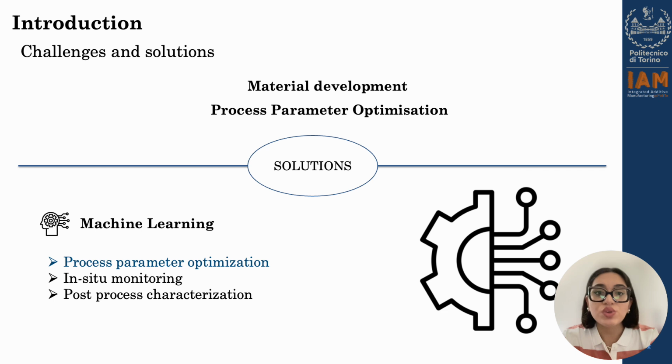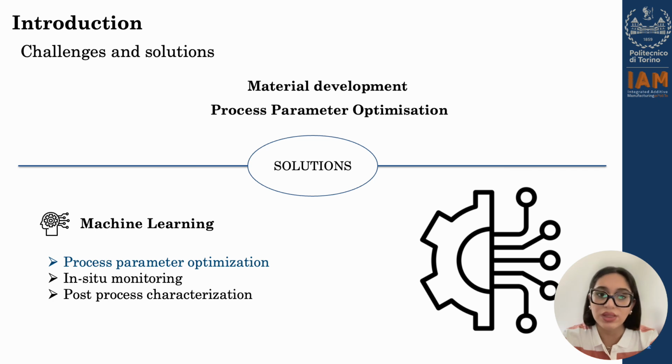One of the main solutions to overcome this issue is developing new materials. However, developing new materials can be costly and time-consuming. So it's essential to adopt new approaches to make the process parameter optimization more sustainable, fast, and reliable. This would enable us to optimize process parameters for various purposes like maximizing productivity, minimizing defect content, or achieving the